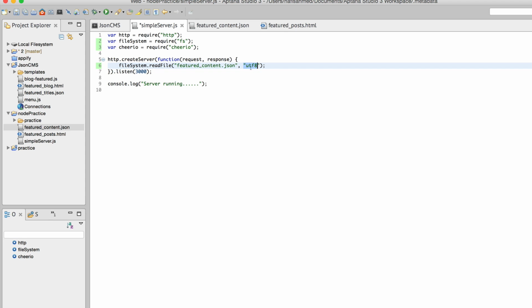But if we include this UTF encoding, it will be able to prepare itself to receive a JSON file. So now it's time for us to include the callback function. Now the callback function takes in